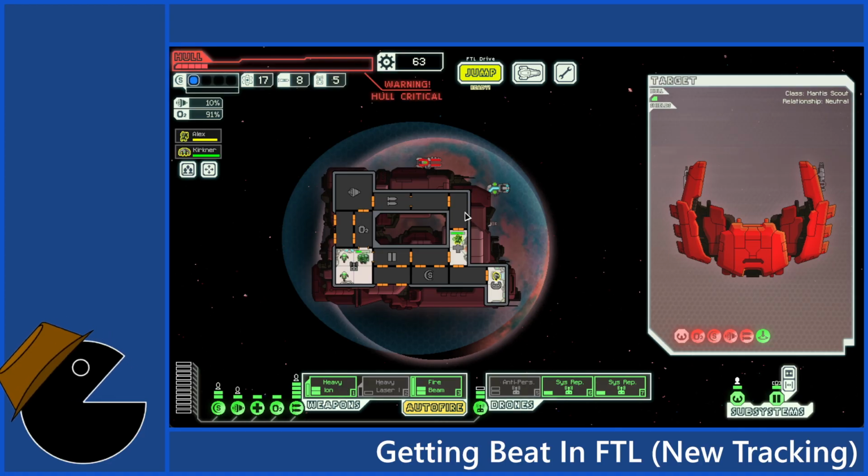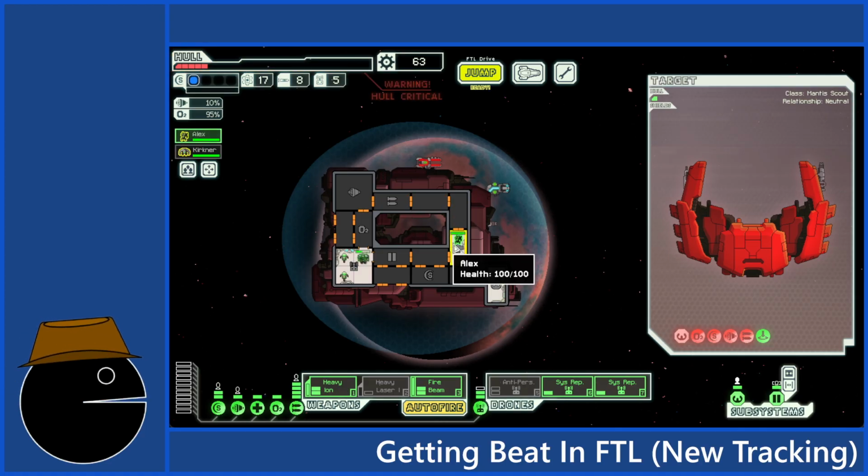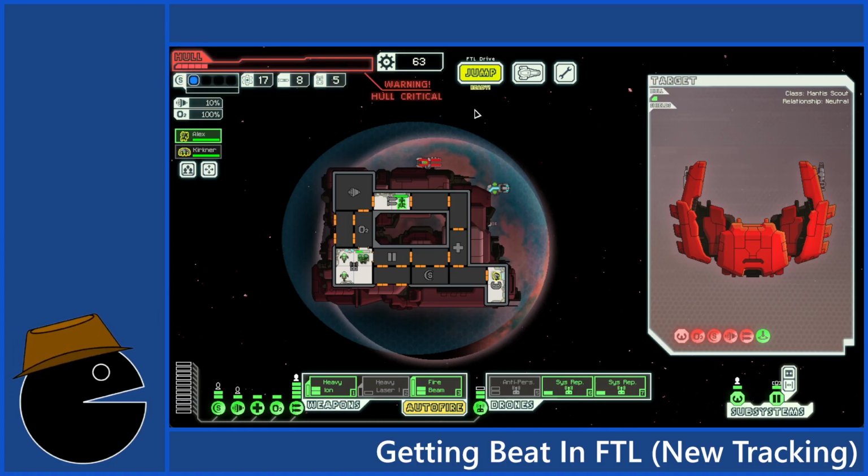Is there anything else that needs doing before I leave? The system repair is not leaving. Oh, I believe this means that I am safe to jump.